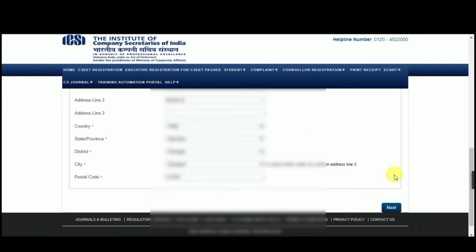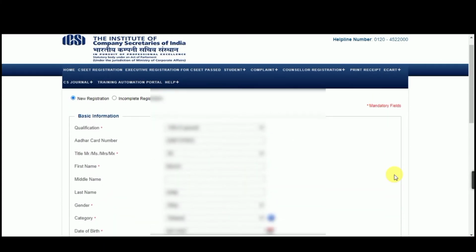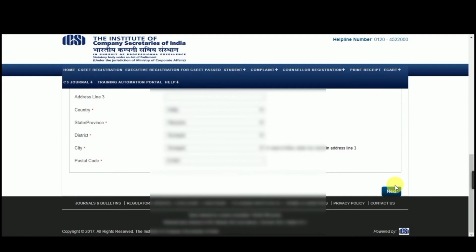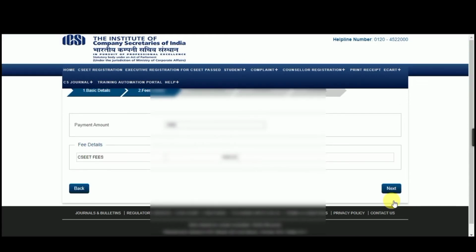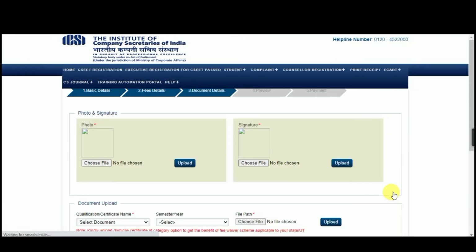Click on next. Now here is your payment amount, which is 1000 rupees. Now click on next. Upload your photo and signature here.